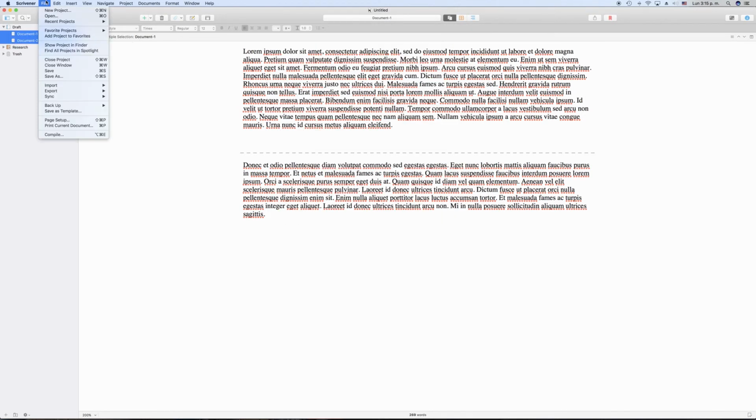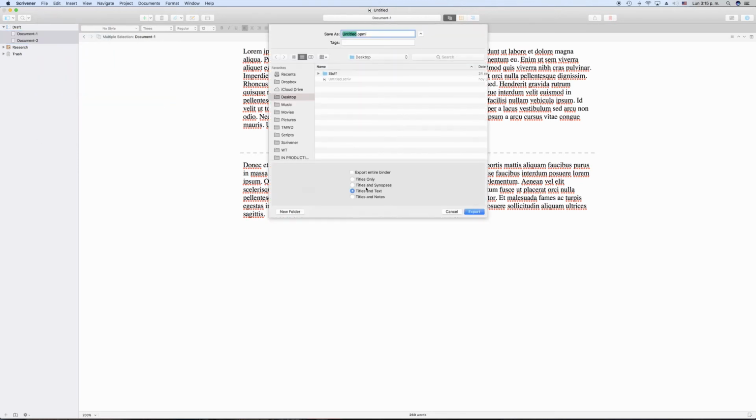Then let's look at the other options in the export menu. You can also export to OPML format. That is a format that can be read by many outlining applications because it can save document hierarchies. So if you want to do outlining in other programs and that program can import OPML files, try exporting your whole binder or the part of your binder that you want to see in the outlining program with this. Just select the documents and export them. You get a couple of options to choose from depending on what kind of content you want to export here.